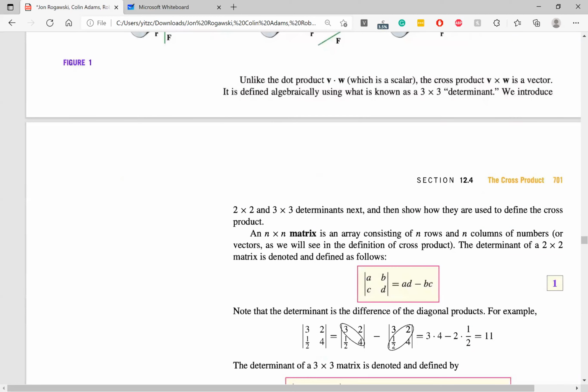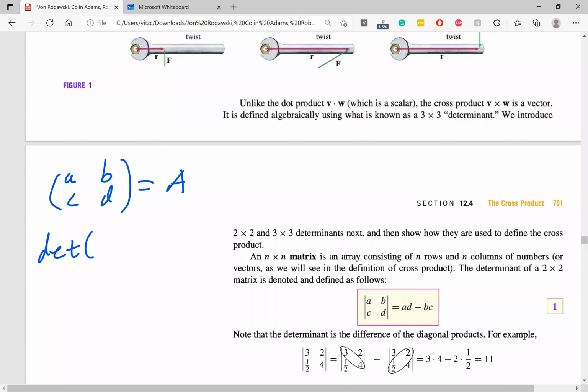So before we start with the cross product, it's important to know what a determinant of a matrix is. And here we have a determinant of a 2x2 matrix. When we write matrices, we write them with normal parentheses: A, B, C, D. If you take linear algebra, you will see that this corresponds to a linear transformation of a vector, which we don't need to know for this class, but what we do need to know is, if this is the matrix A, then